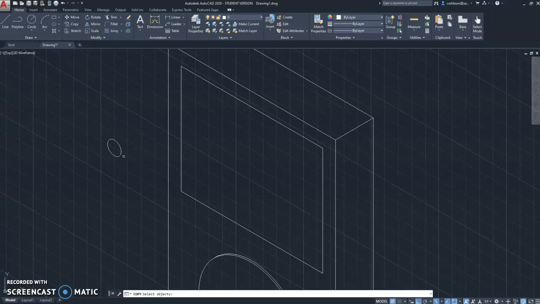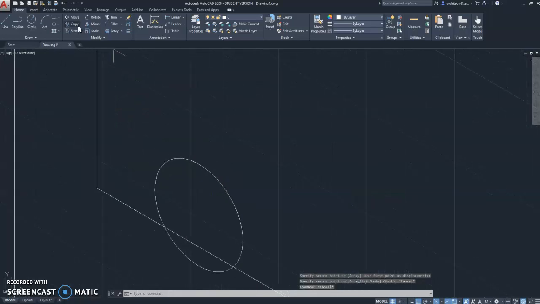Okay, so now I can copy this. Not going to be too worried about the exact locations right now. Just going to get them approximately where I want them to be. These four isocircles close to the four corners. And then I can come in here and move them. I'm looking for,